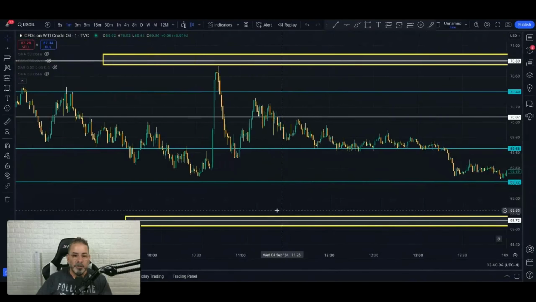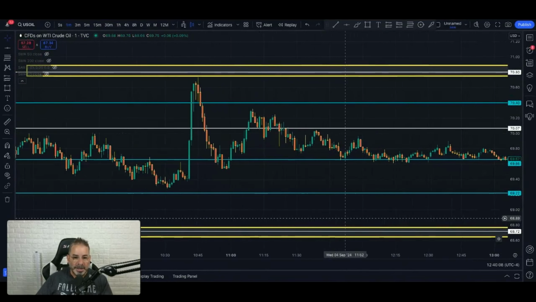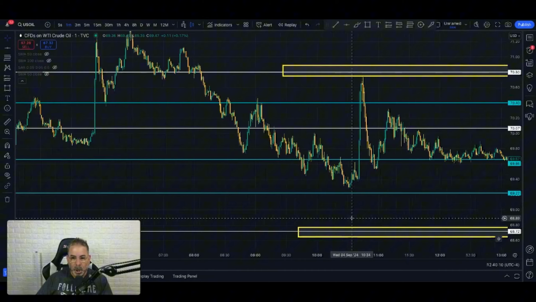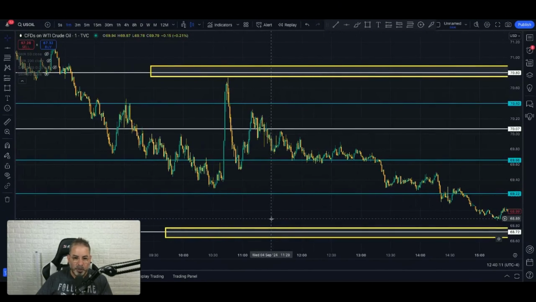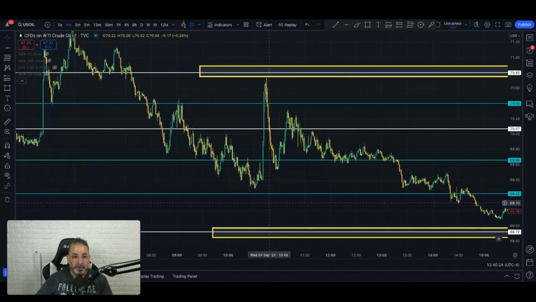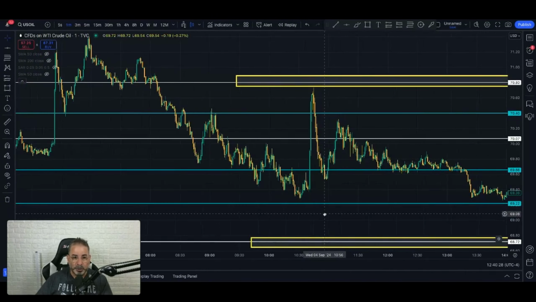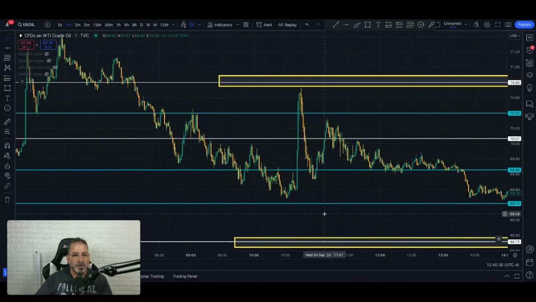Okay, and this is unfortunately where you have to let the noise go away. You have to avoid saying, oh my God, this is going up, I'm going to buy it. All right, you're only sitting on one side of the chart on the 1 minute, because this moves very, very, very fast. Okay, so let's start here with this first, and just give you an example. Okay, let's give you a couple of examples.